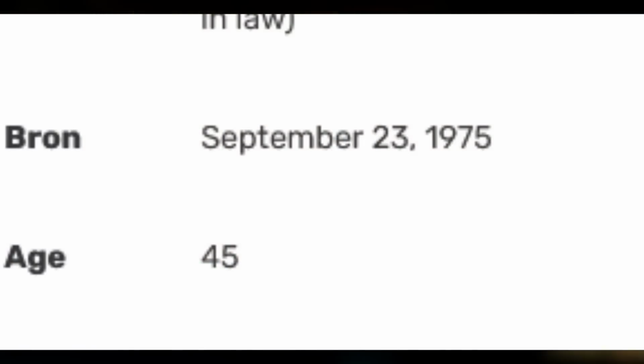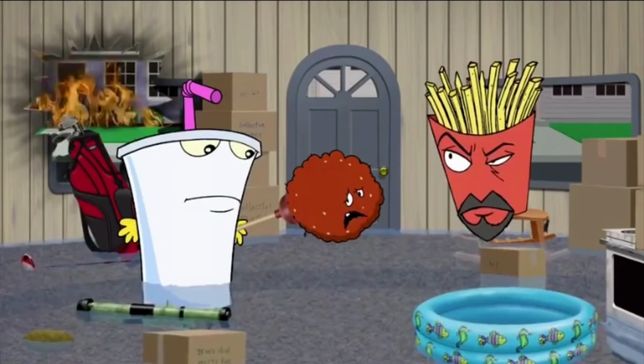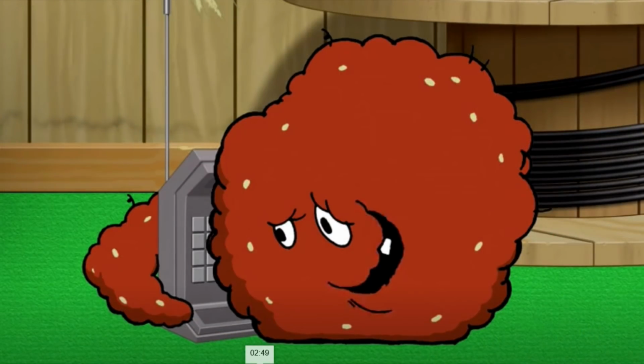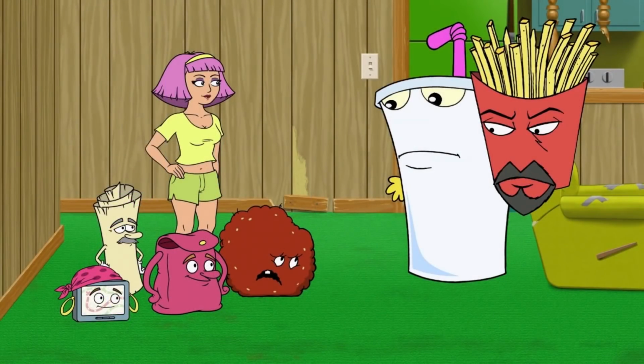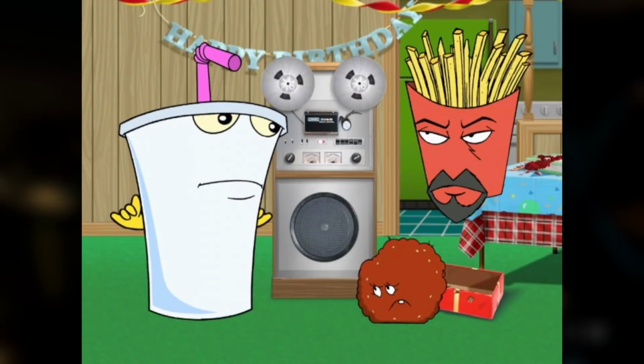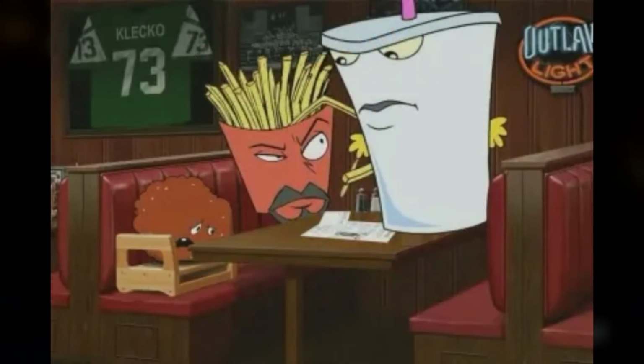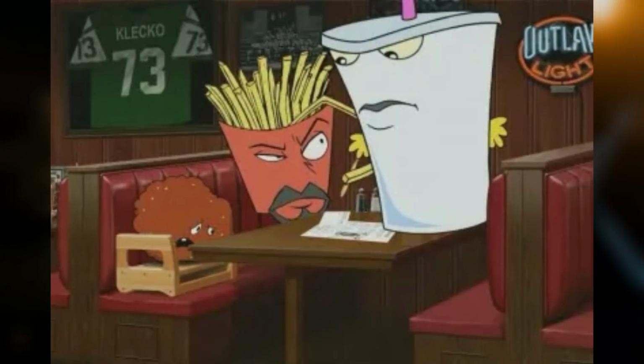According to the Aqua Teen Wiki, Meatwad is 45 years old, but in the episode Rabot Redux, Meatwad says he's going to be 38 in July. But in episode 2.5 Star Wars out of 5, Meatwad says he's 37. But in the episode Knapsack, Frylock says he's 6 years old. And in the episode Spirit Journey Formation Anniversary, Meatwad says he's 55. And in the episode Super Trivia, Frylock says that Meatwad isn't old enough to drink.